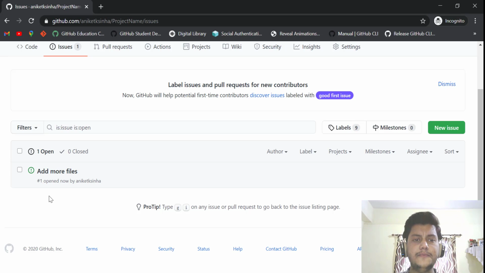So what are issues? For example, you are working and you found some bug in your project. So you just mark it as an issue so that you can review it on some other day. Or you are working in a team and you found some bug or something to be corrected in that project. So you can mark the issue, and whoever the person is in your team can watch it and fix the bug or the improvement which is needed and then close this issue. So this is really very helpful.